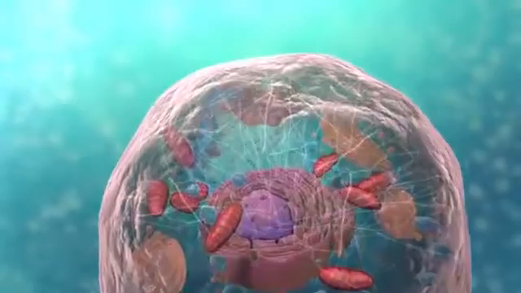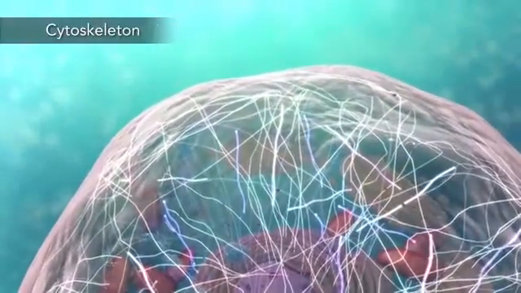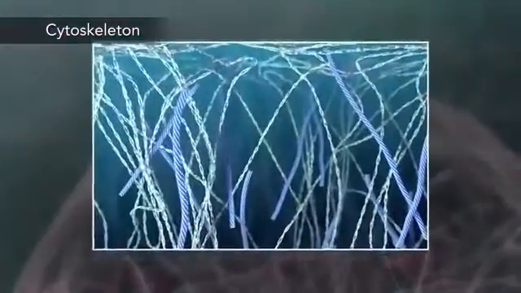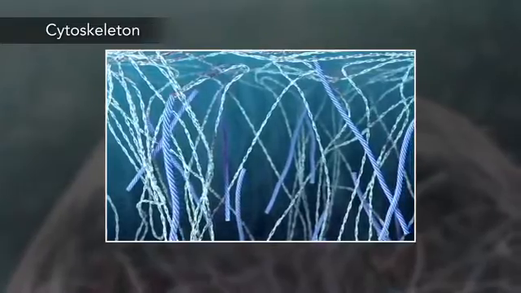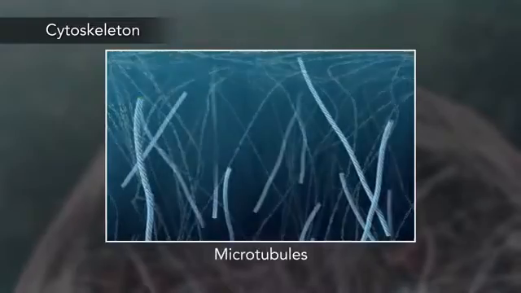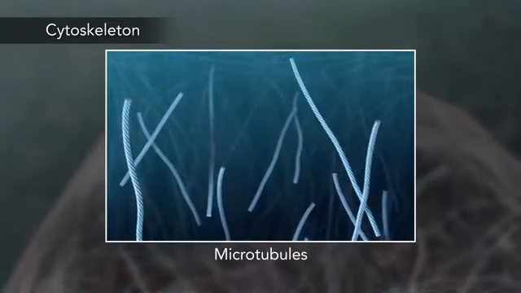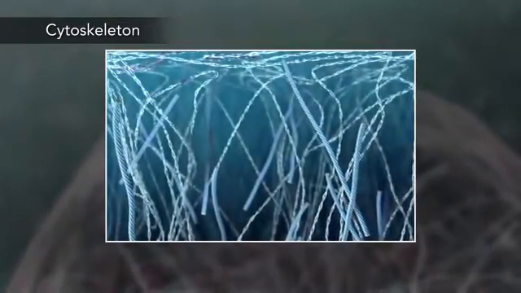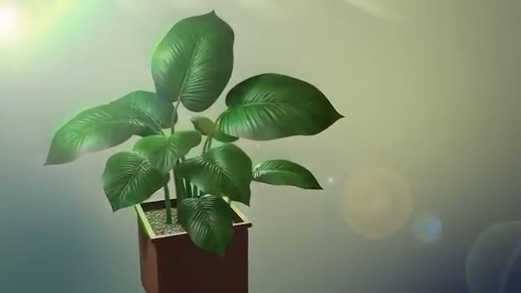Meanwhile, the cell maintains its shape through a cytoskeleton. The cytoskeleton includes the thread-like microfilaments, which are made of protein, and microtubules, which are thin, hollow tubes. Some organisms